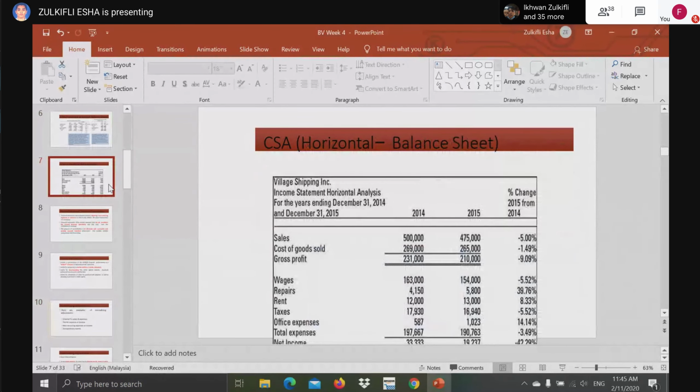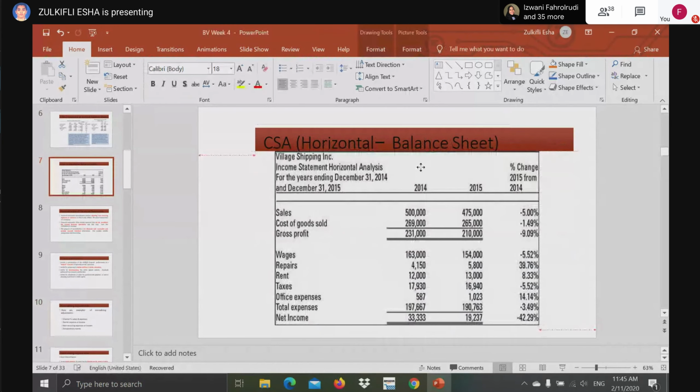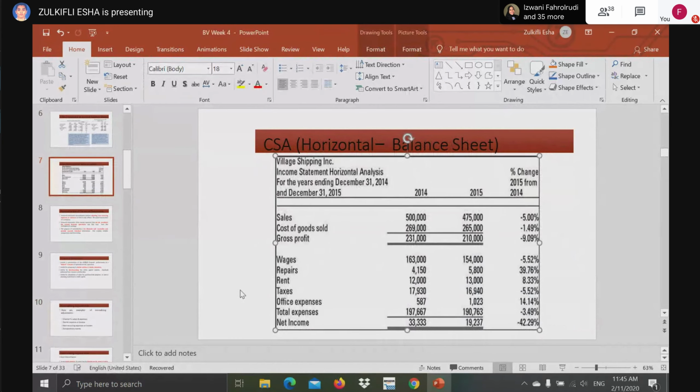So this is the vertical analysis for balance sheet. Kan? So ini bukan balance sheet ni. Is it balance sheet or income statement? Can you get all these figures from balance sheet? Cannot kan? So we need to